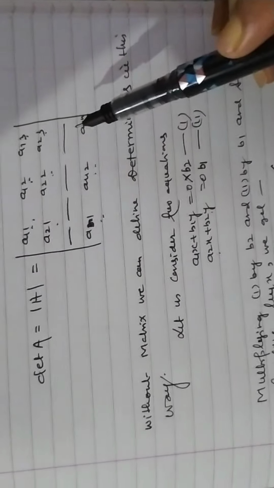And my dear students, the most important thing is what we learn in this chapter. There are so many important terms, that is minor, cofactor, adjoint, and also the inverse of a matrix with the help of determinants. And we can solve linear equations of two variables, three variables, or n variables with the help of determinants. But here we will solve problems of only order 3. So in this way, you must go through this chapter sincerely.